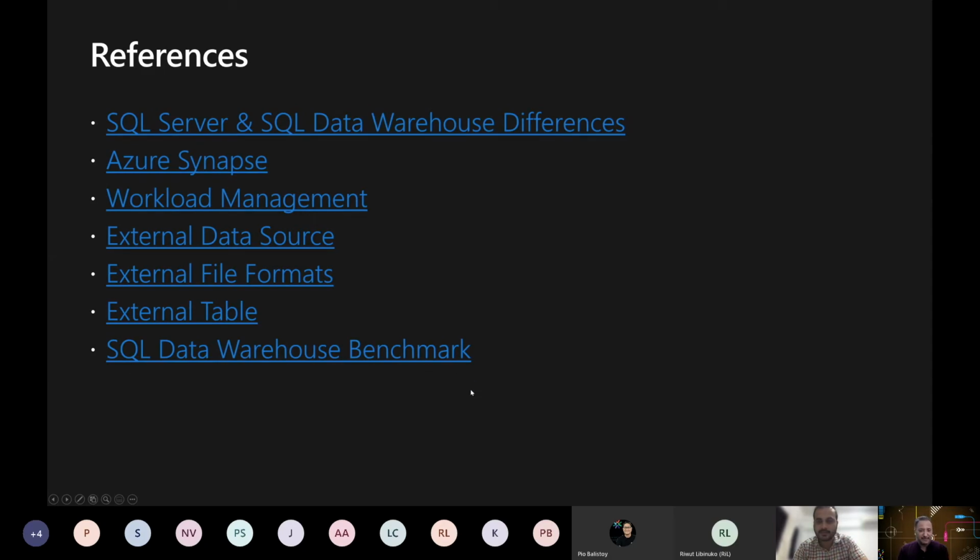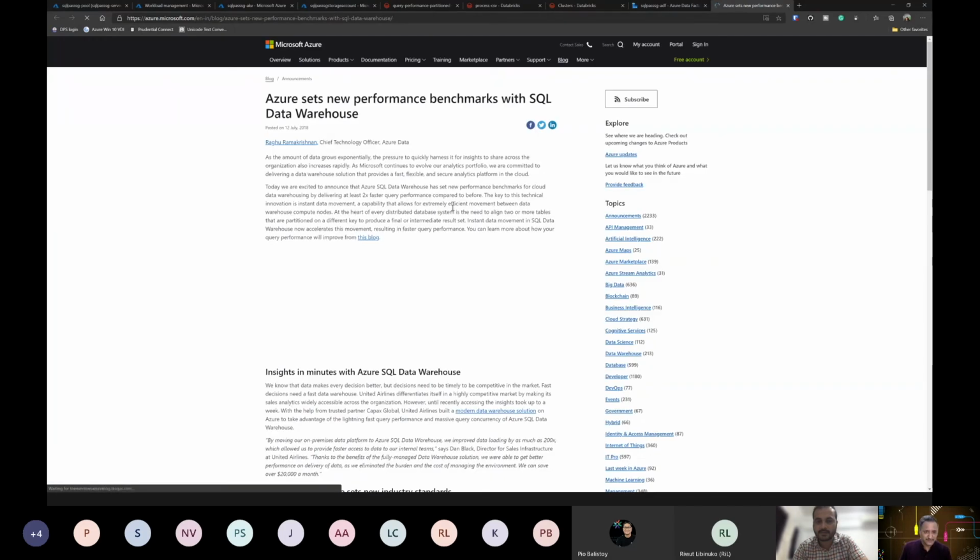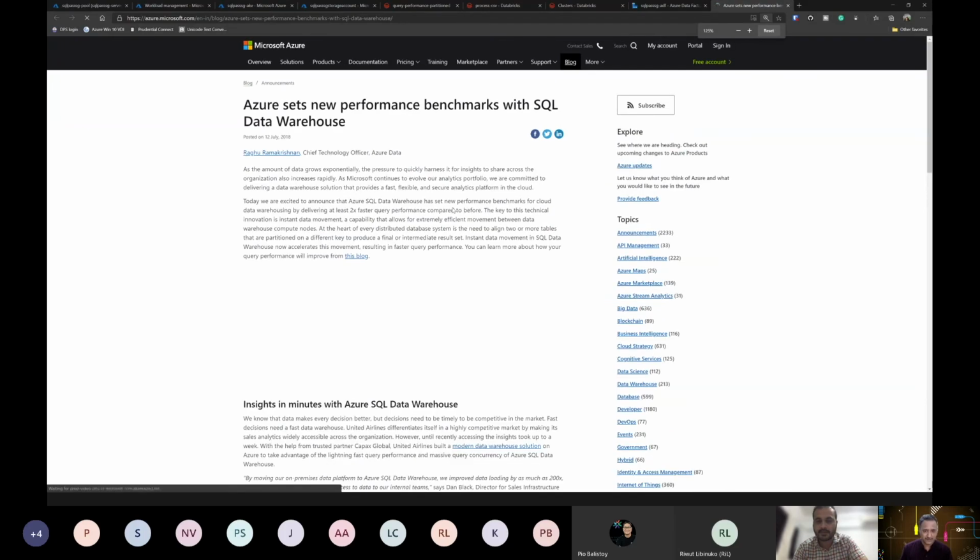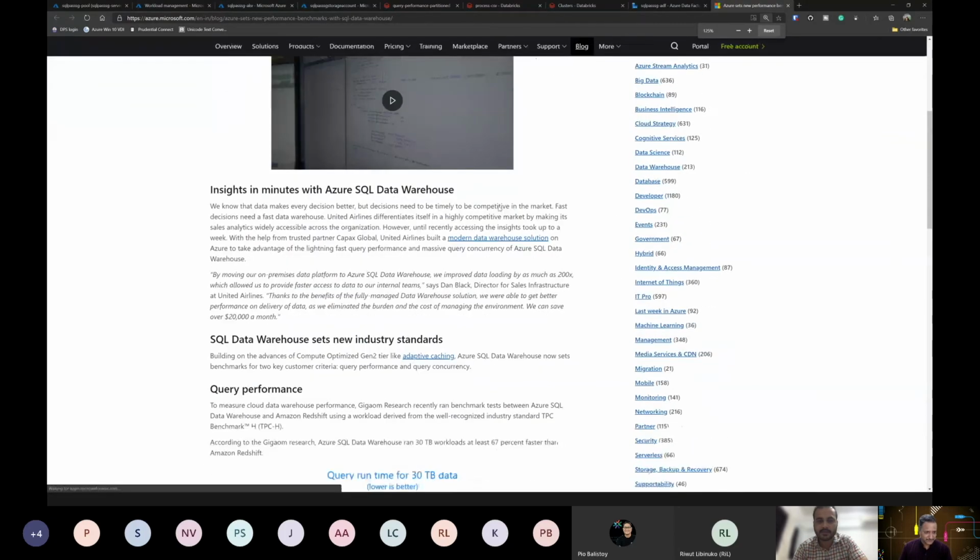And there was also this SQL Data Warehouse benchmark, which was done a couple of years back, where Microsoft published with the help of a third party that SQL Data Warehouse is quite performant, or one of the best, when it comes to dealing with large quantities of data. So maybe we can quickly have a look at that. If I remember, it was more than 20% faster compared to the other cloud warehouses from the competitors.